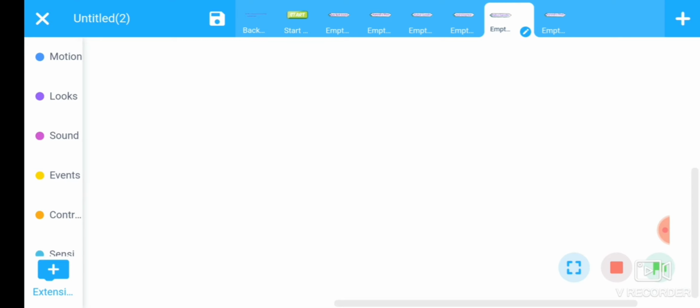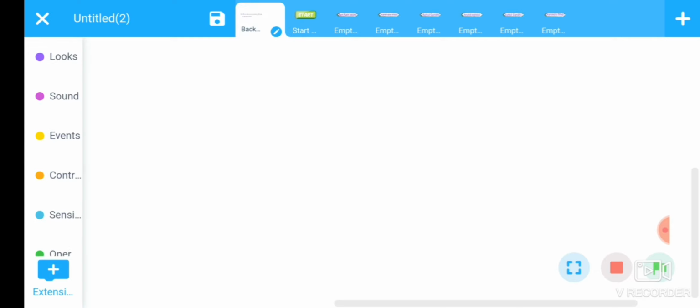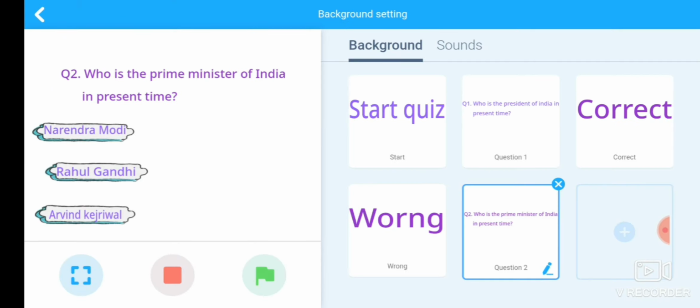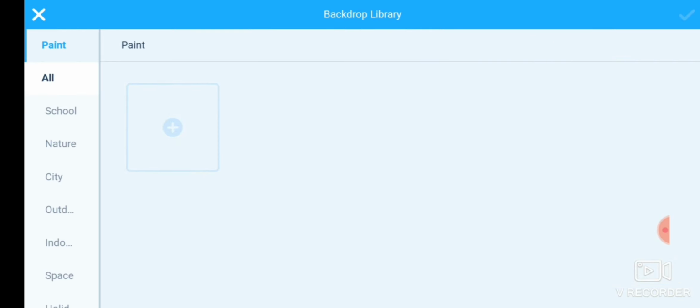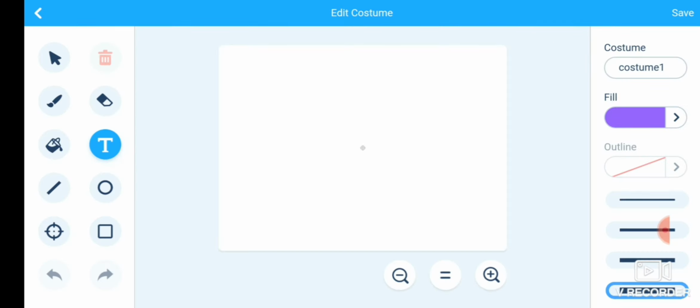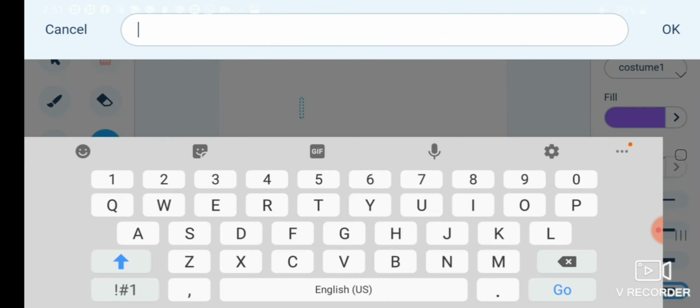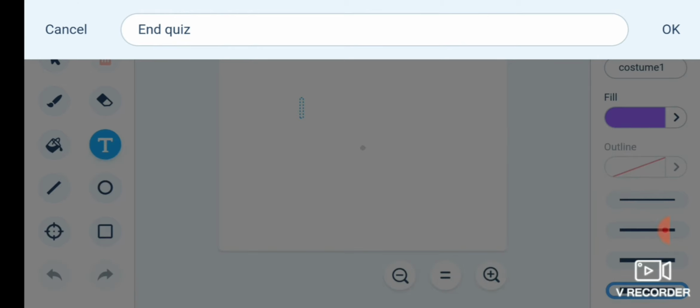Now there is a requirement of another backdrop, that is AND game. Now go to backgrounds and add here another backdrop, that is type here and game or and quiz.